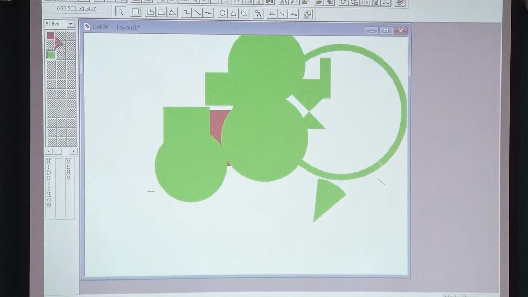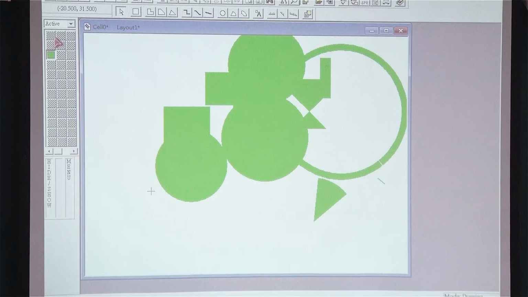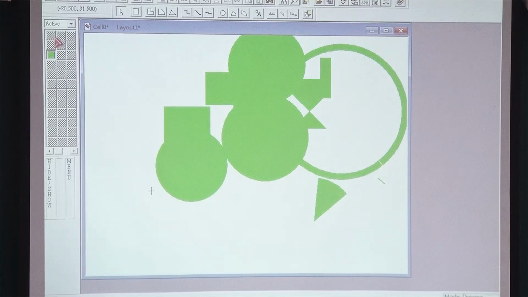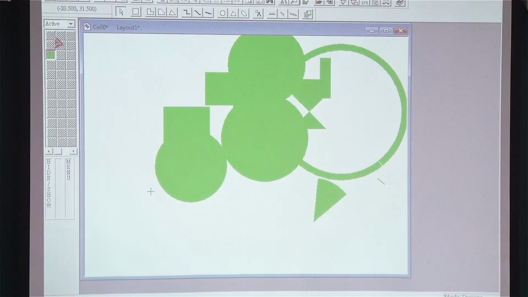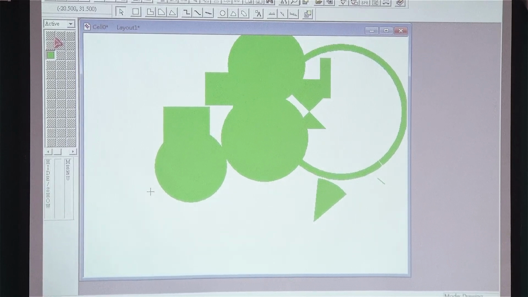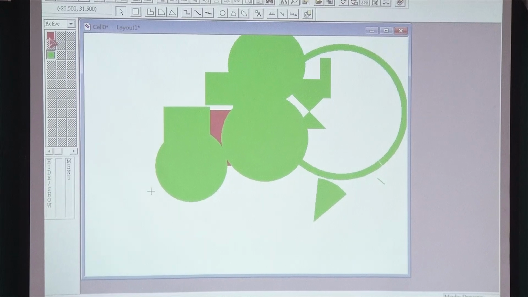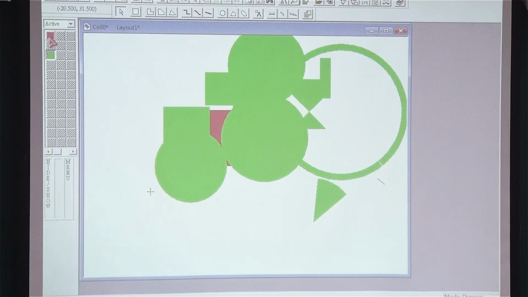Where is it? Oh, here, okay. So now I push the auto on the keyboard, and also use the left mouse button to push on the hide or show. If I want to show not only the green one, but also the red one, I will push the red one. So now you can see the red one and the green one, both of them shown on